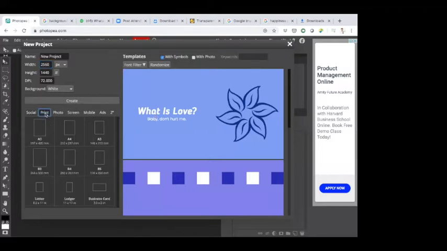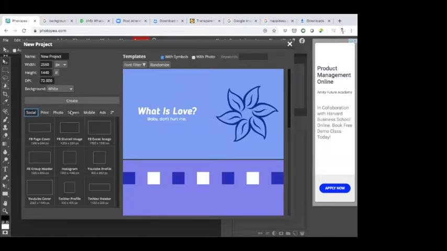To make a printing document like A3 or A4, that is also available here. You don't have to memorize the dimensions of that document. One other thing I want to point out is that you can always search on Google to know the dimension of, let's say, a Facebook event or Facebook ad, and you can simply enter that dimension here as width and height.